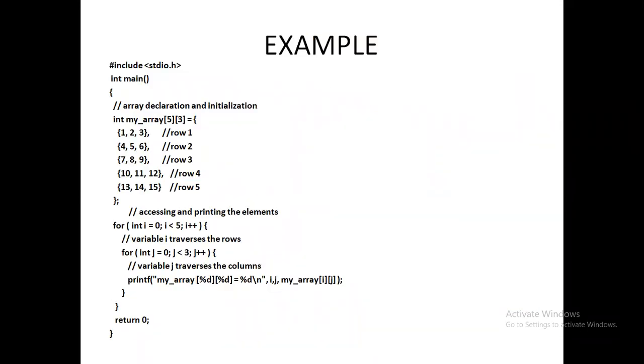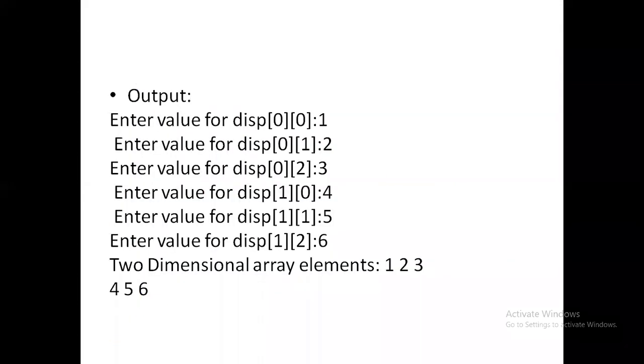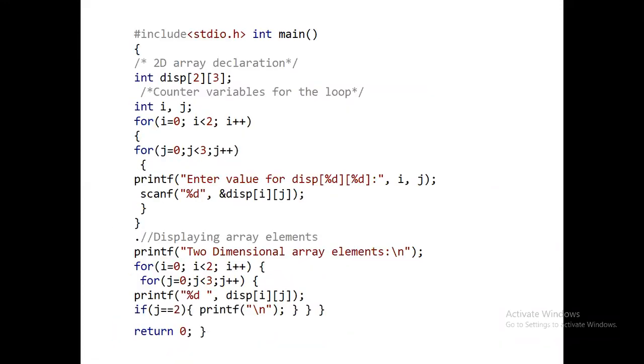So here I will be writing, I think, you can see the example here also, display example. What I have written is 2 comma 3. Now you can see how this 2 comma 3, that is 0 1 for the first index: two options, two indices will be there, and for the second index 0 1 2, three indices will be there.